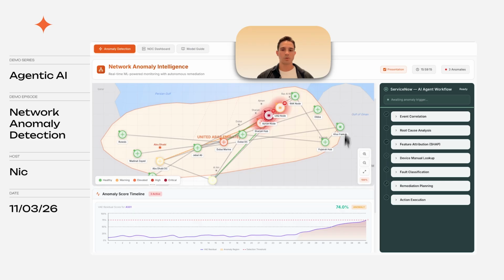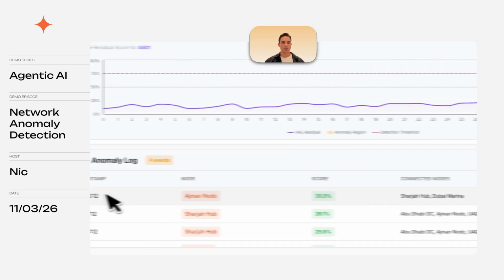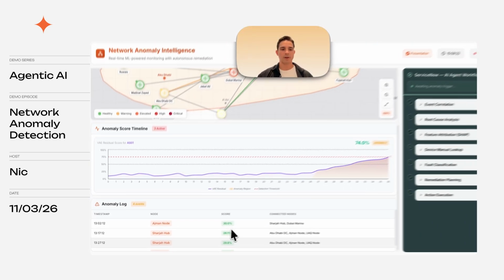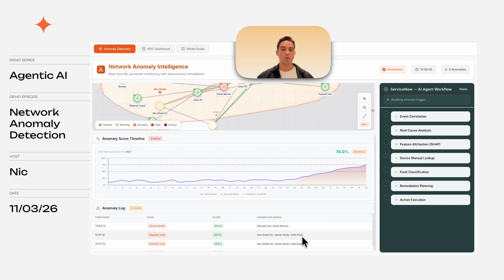The anomaly log is also populating, right? So if I scroll down here, you can see that there have been 3 elevated scores at each of these nodes, so Ajman, Sharjah, and UAQ, right? And it'll tell you which all of the connected nodes are. So the ones next to them, that's important, and I'll explain in a second why that's quite important. So if I scroll back up,